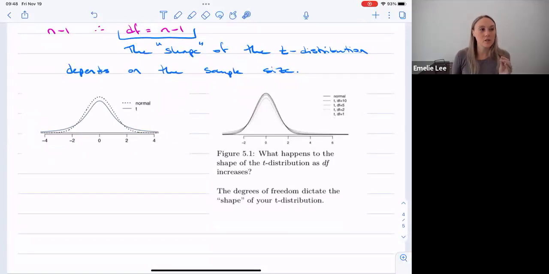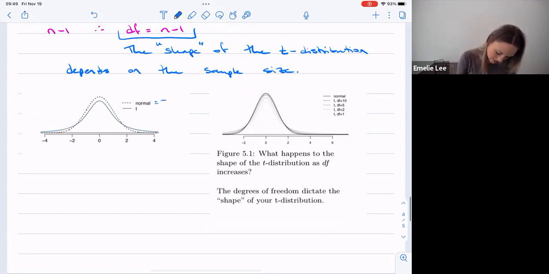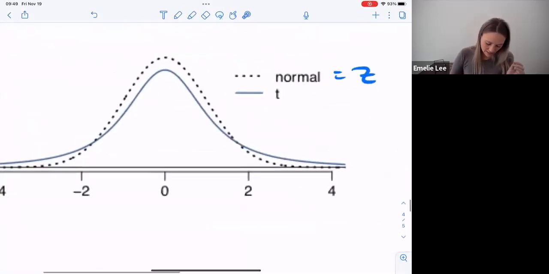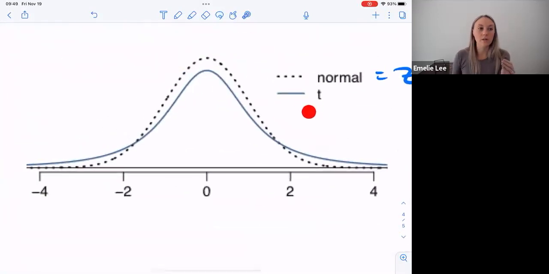So the t distribution looks the same as the normal curve. So the normal is the z. Okay. So the normal is the dotted one here. What we see is that in general, and we don't know what degrees of freedom this is, but probably around 20 or so, what happens is there's more room in the tails. Now we have to really dig back and say, okay, well, what does the area under the curve represent? Well, it represents probability. What are we saying about these more extreme values then? Right? Then we're saying,